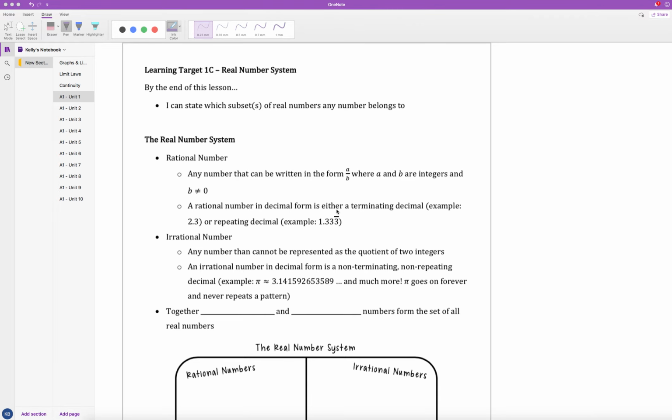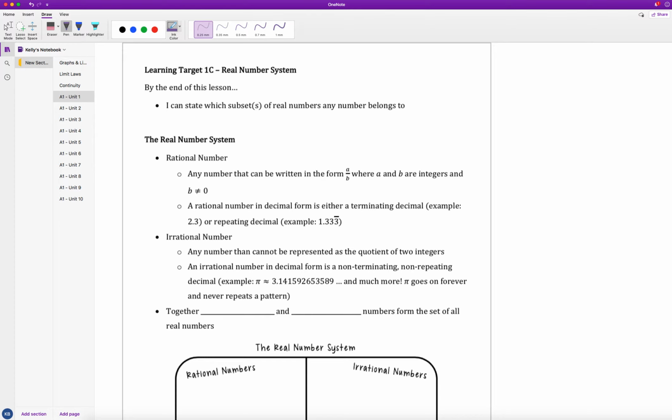On to learning target 1C, the real number system. So we're still in unit 1, we're still just dealing with expressions, and in learning target 1C, the real number system, we're going to get a lot more vocabulary words that talk about what are different types of numbers. So by the end of this lesson, you will be able to state which subsets of real numbers any number